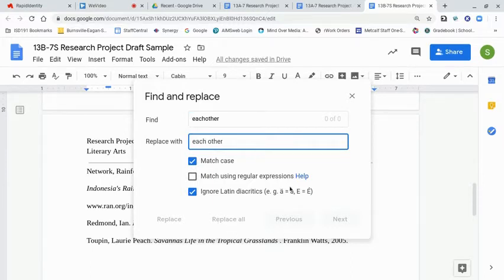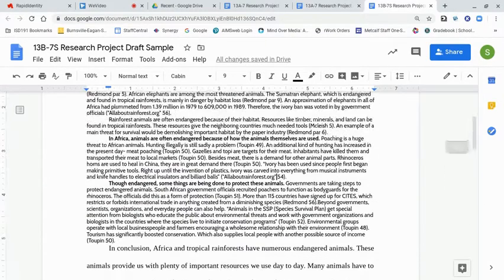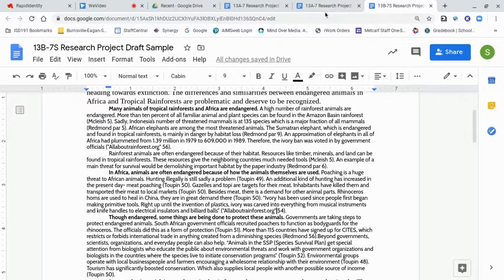And I can hit replace all. I haven't done it at all in this particular paper, but if I did that, I can hit replace all, and it's going to fix the entire paper for me. I don't have to proofread each part to check for it, which is a pretty cool step. So that's the find and replace function with it. And what we have left in our document is some formatting things, and we're going to do those following the